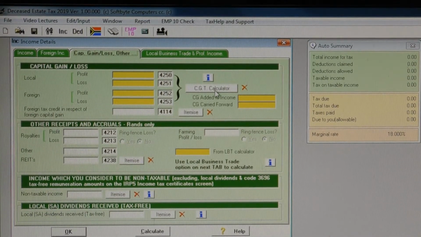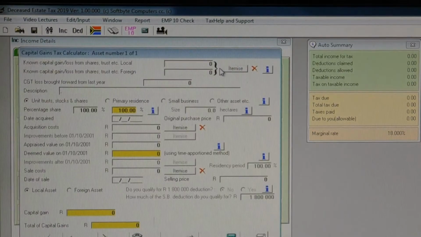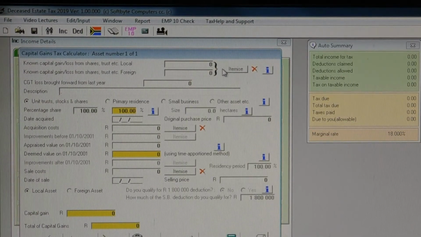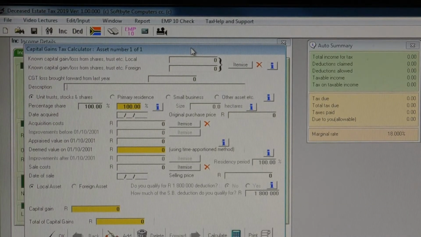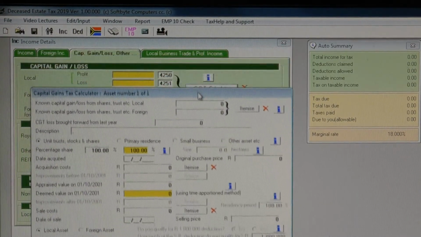Let's have a look at the CGT calculator. We can enter simple gains or losses on certificates from investment funds, as all the base cost proceeds, etc. will be on the certificate. We can use the actual calculator here to determine the most complex CGT calculations for disposals of the estate's assets, and we can enter as many different CGT calculations as we wish, simply using the Add button at the bottom of the screen. If I slide this calculator window away,